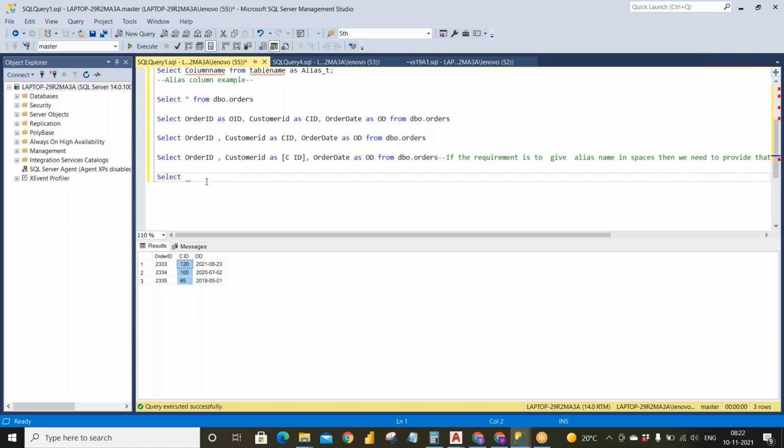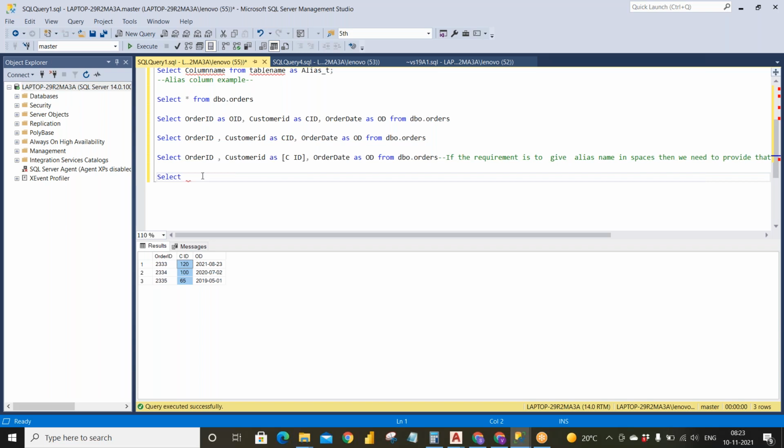When you are combining two or more columns, it will not give the name of that particular column. So in that case, we have to give some alias name. It's not mandatory again, but for more readability, and to let everyone know that we are doing certain functionality here, we will use this alias name.